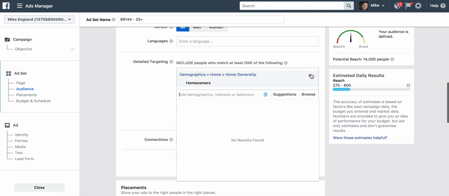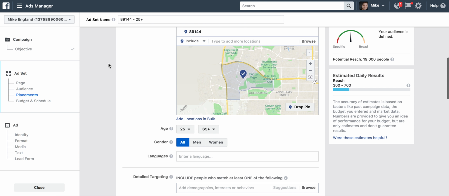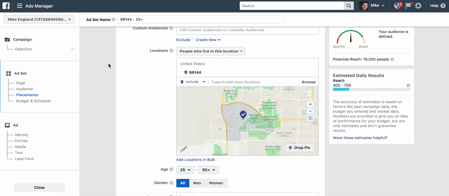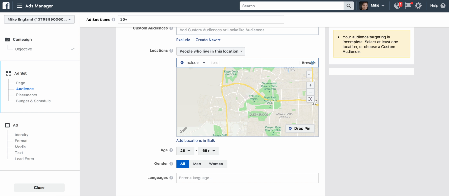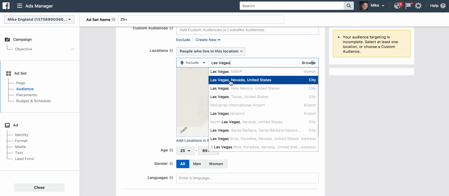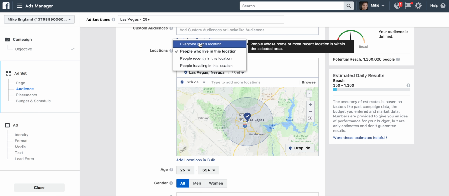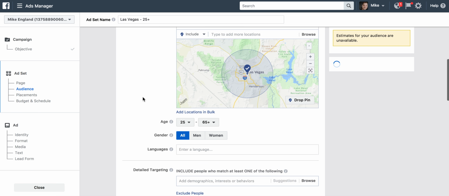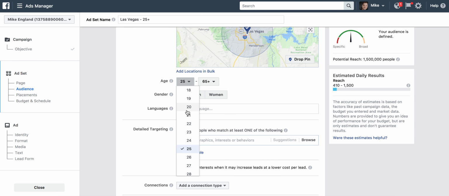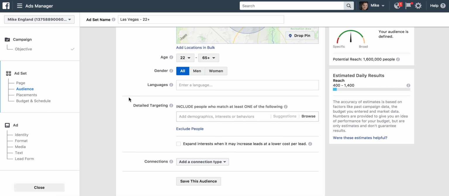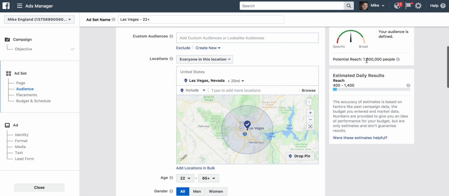And the last one that I wanted to show you was how you could target people that rent versus buy. So when I go in here, I'm going to go a little bit broader on this one. I'm actually just going to do Las Vegas as a whole. And I'm going to keep it everyone in this location. We're going to make this a bigger audience. We'll do 20, we're going to even make this 22. So real young first-time home buyer, right? So we've got 1.6